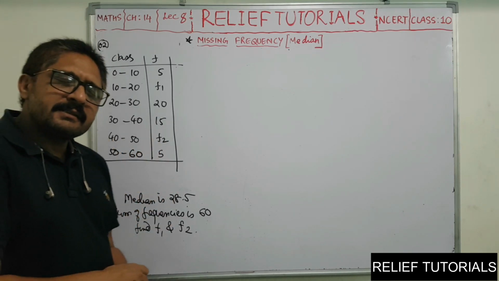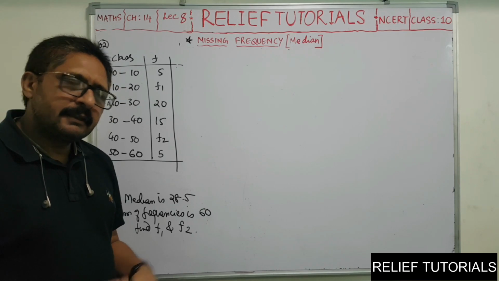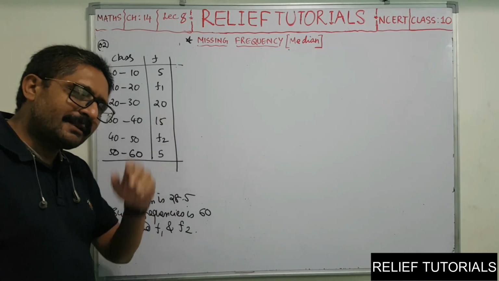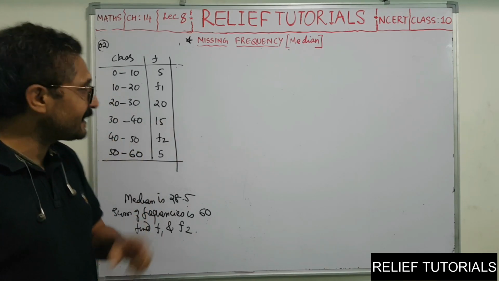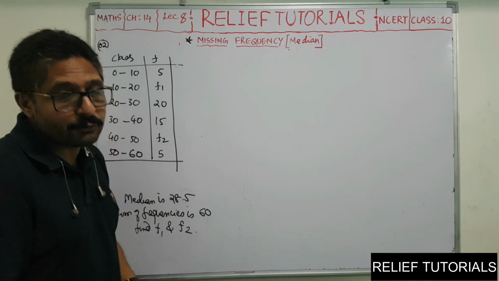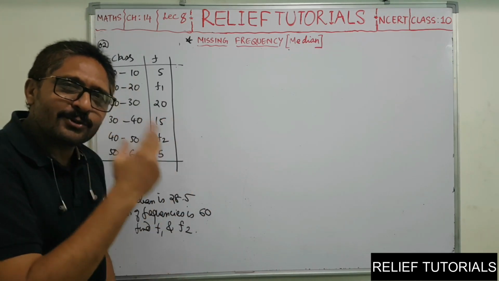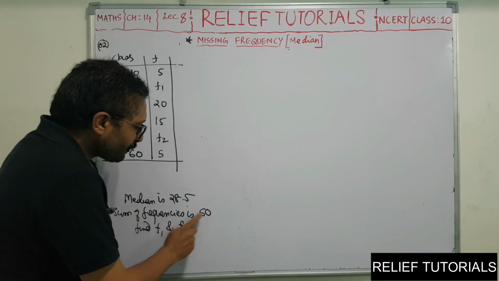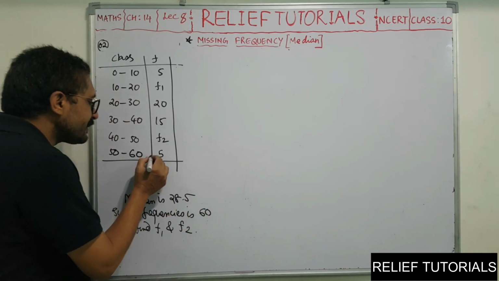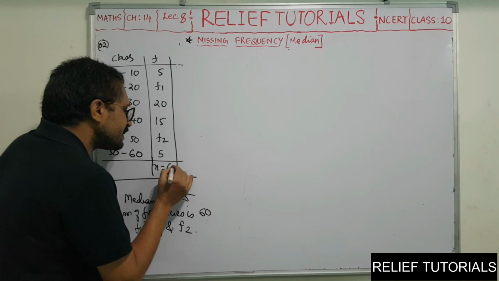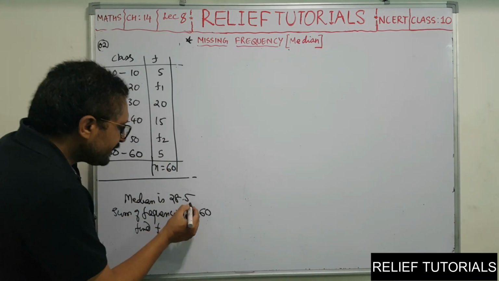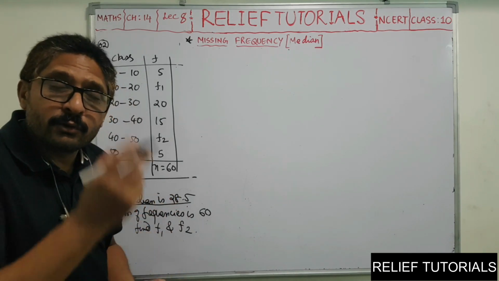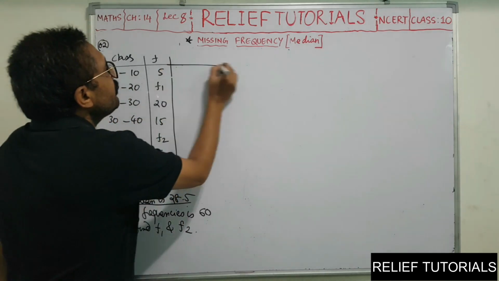See how this problem is different from the previous problem. If you look at the data, it is grouped continuous data with equal class length. The same thing was in the previous case, but there was only one missing frequency. Here you have two missing frequencies, so two pieces of information. Which are those two? The median is 28.5, this is one, and the sum of the frequencies is 60. The sum of the frequencies is 60 means here n is equal to 60. This is given, and the median is given. So naturally you will try to find the median. For that, what do you require? You require one column, that is the cumulative frequency.